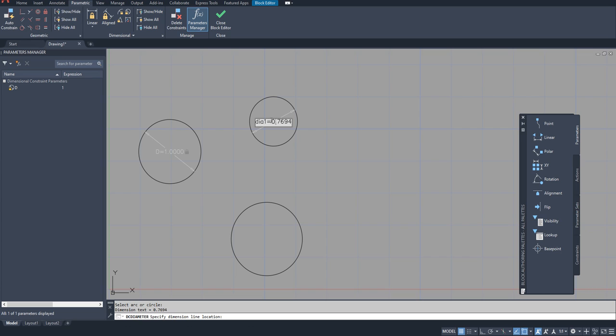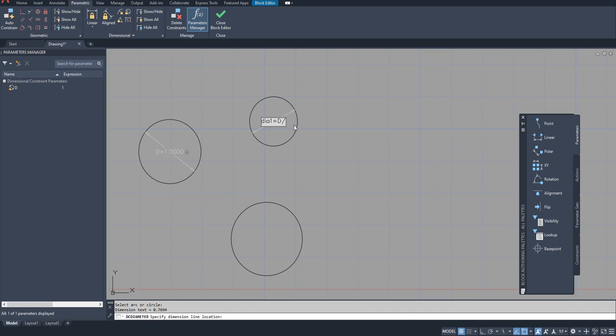It could be anything, let it be the default. But here I am going to put a formula. Assume that I need to keep this circle as half of the diameter of this one. So here I will enter the formula d/2.